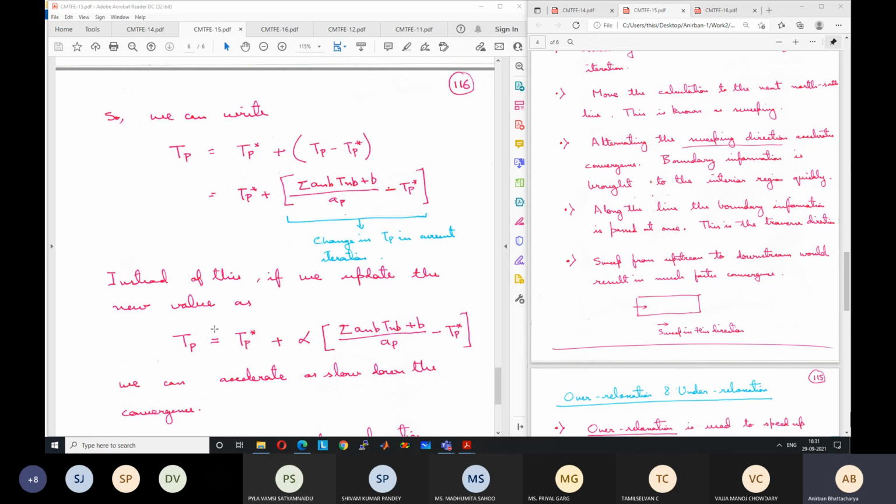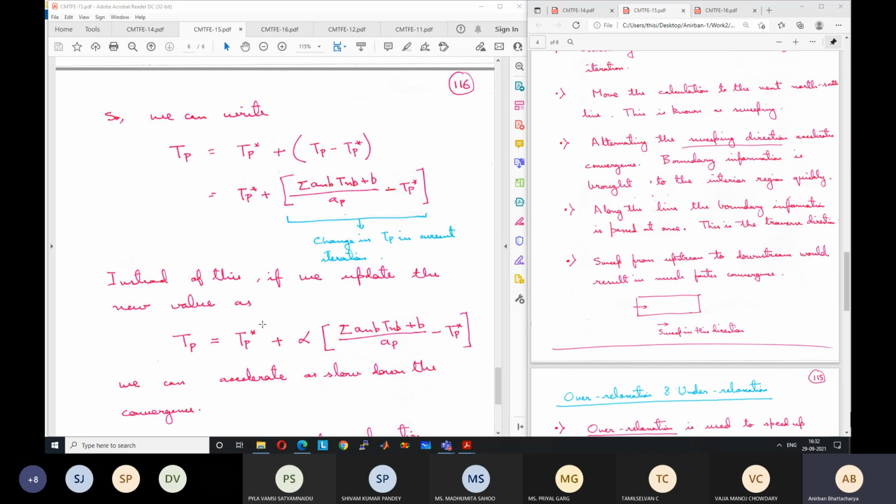Now, if you use an under relaxation factor, say 0.5 or 0.7, say we use 0.5, then instead of changing by 100, as our calculation is giving, we will just add 50 to the previous value, 0.5 into 100. So 300 plus 50 is equal to 350. So we are nearer to the correct solution in this particular case, and our chances of convergence have increased. Even if it is 0.7, it is 370, so 0.7 into 100. Still we are nearer to the correct solution, so our chances of convergence have increased.